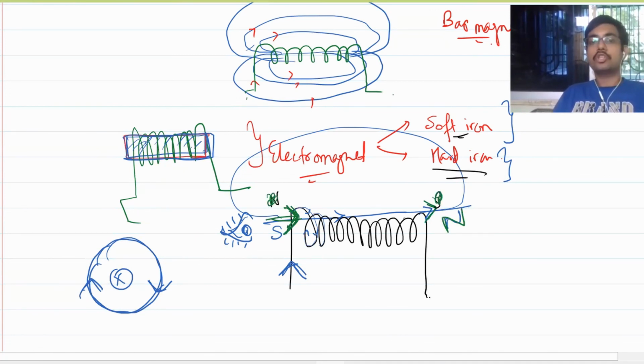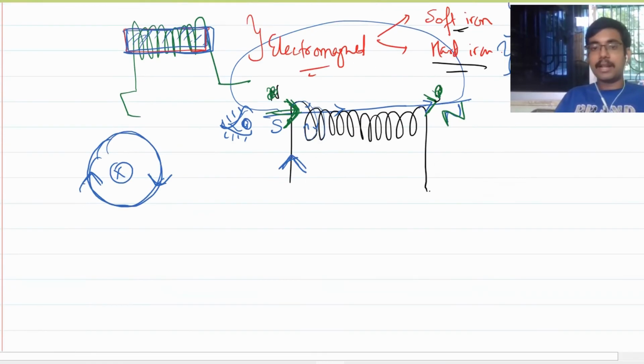This is north and this is south, because we know that the magnetic fields originate from north and end at south. Is this clear now to everybody? So you can just check on how the current is revolving, and you can easily judge or comment on what will be the poles, I mean, which side will be north, which side will be south.